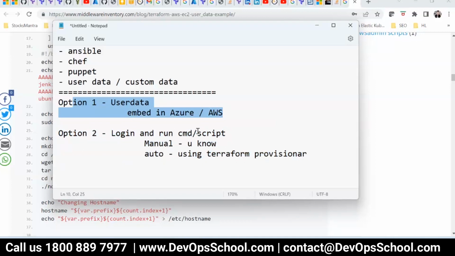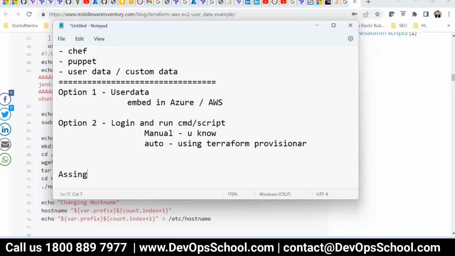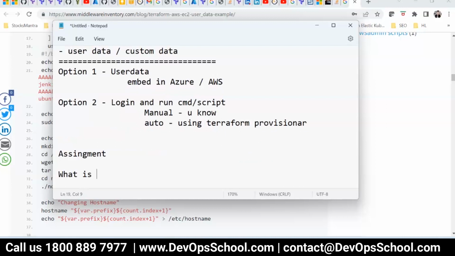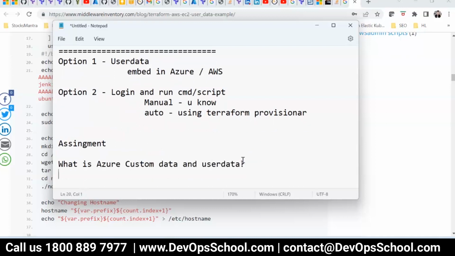Okay, so I'll have an assignment actually for today. What are Azure custom data and user data? I will ask you to do this assignment today, and do one lab offline, after 5:30 till tomorrow morning also.